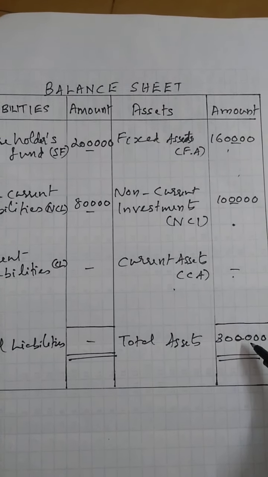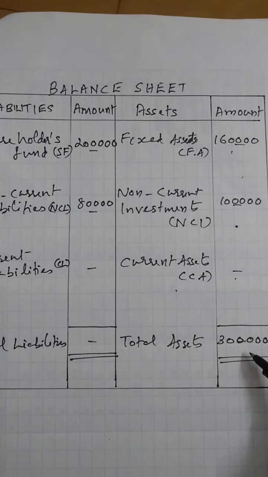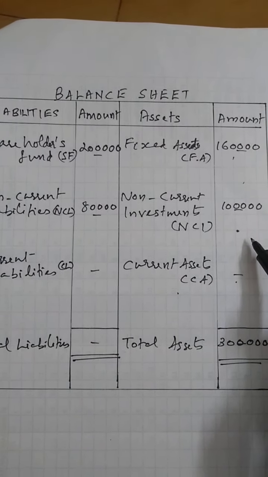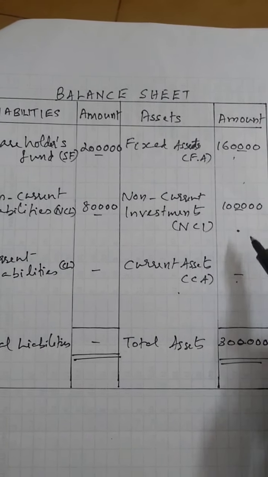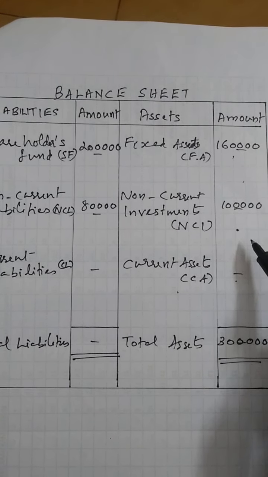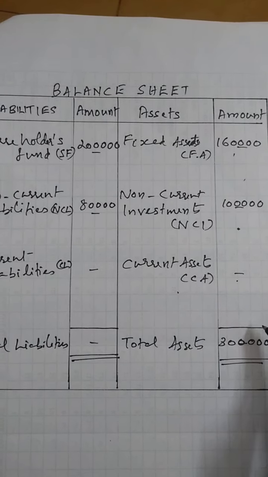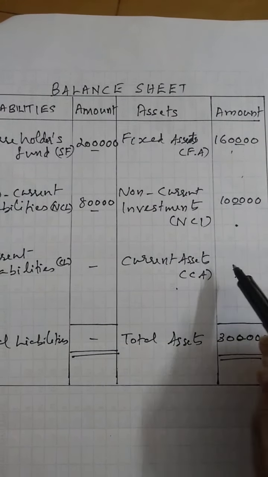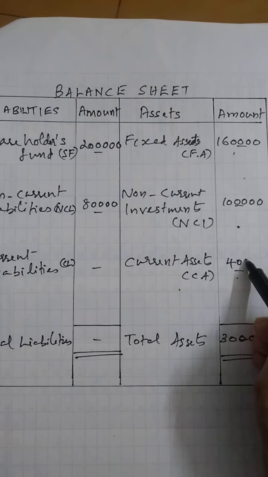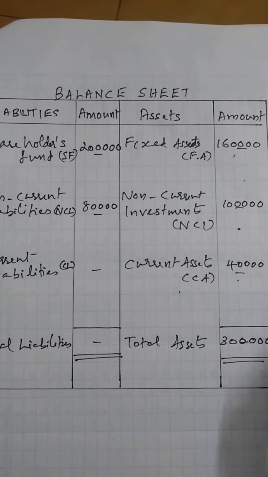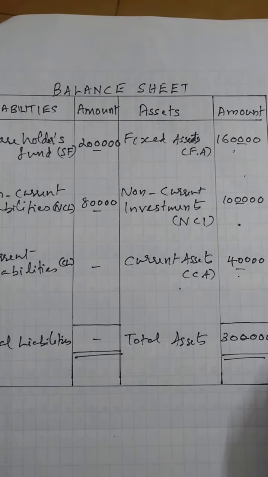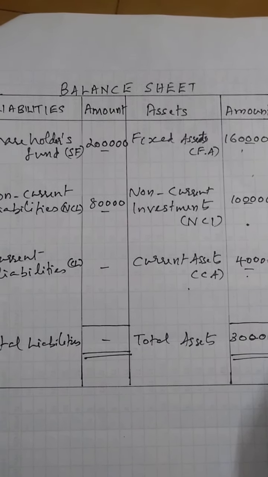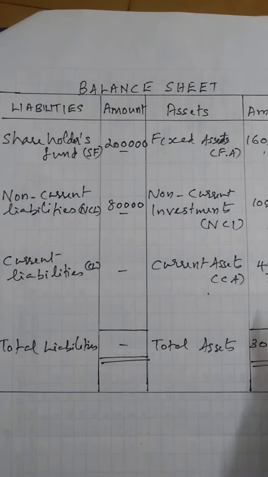So here the total asset is written as 3 lakh rupees and fixed asset 1,60,000 and non-current investment 1 lakh. So total of that is 2,60,000. When we reduce 2,60,000 from 3 lakh, our current asset amount should be 40,000 rupees. So I think it is clear for you how we are getting 40,000. Then what we want to do is that we want to go to the liability side, and in